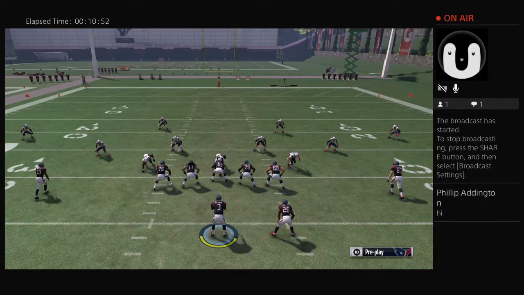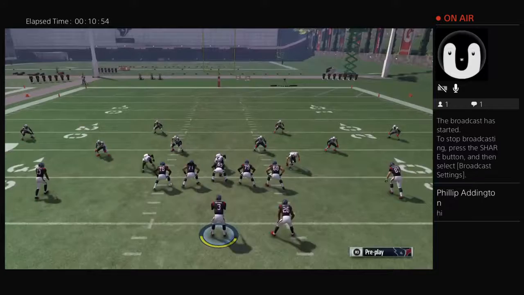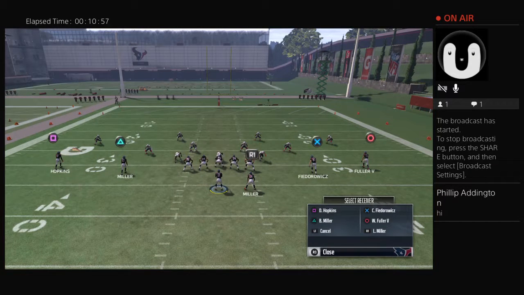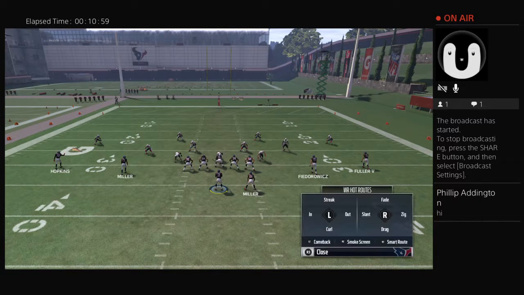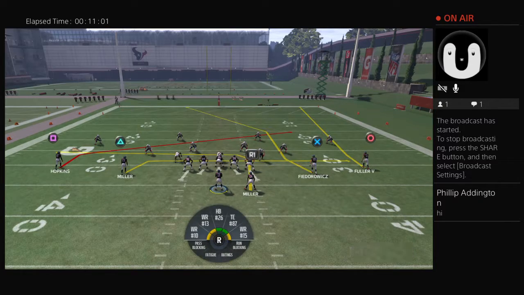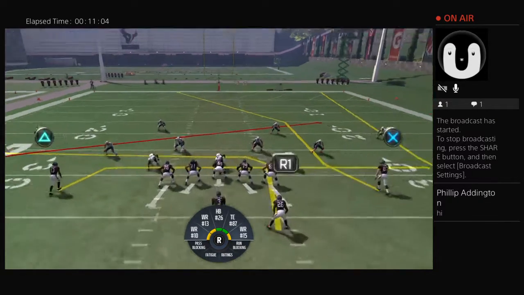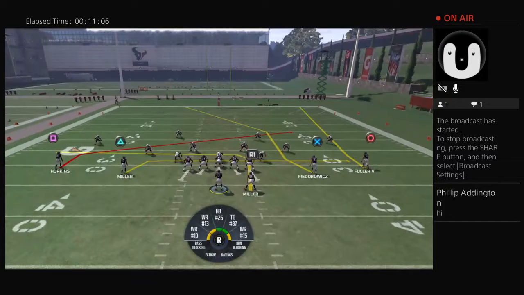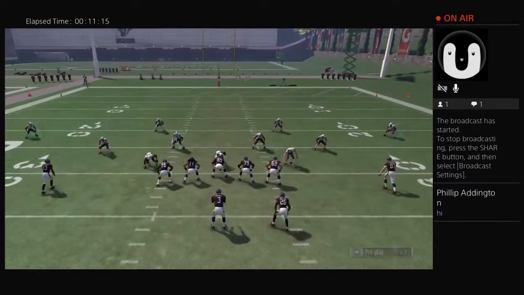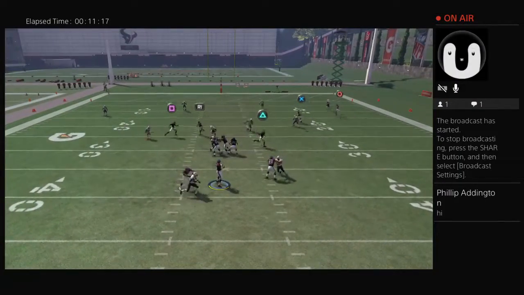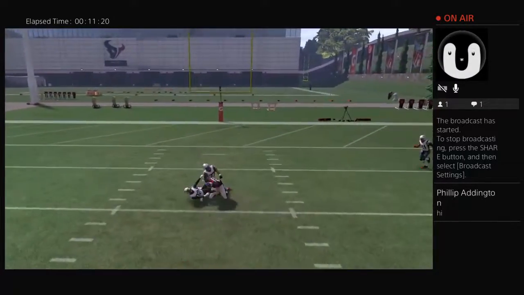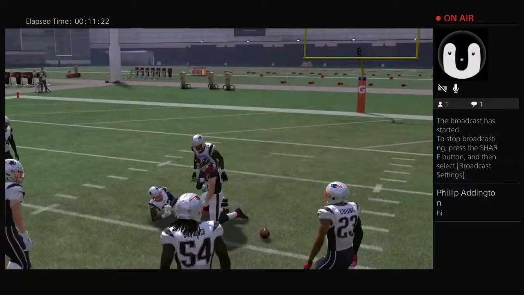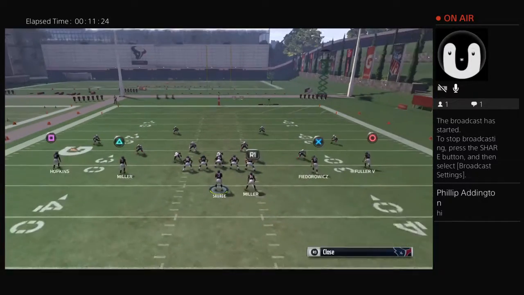Alright, I'm just gonna run this a couple times and call it quits. Got an interruption here, not a big deal, but anyway, even with their two safeties back, Fedorowicz gets open as long as the linebacker doesn't drop in the middle there, and it looks like there's nobody there. You can get right in front of those safeties, in between them. I always go for the biggest play if you can, obviously,